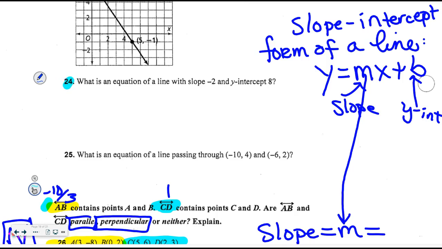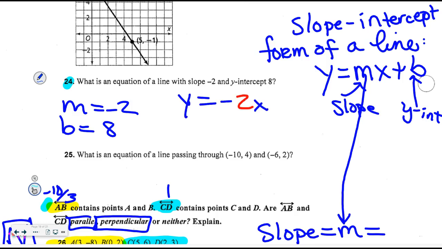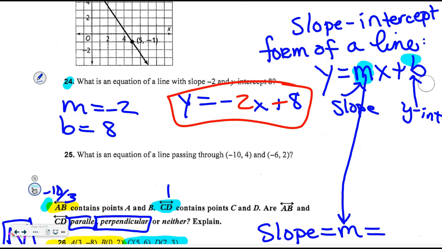Did they tell you what the slope is? Yes, so write m equals -2. Did they tell you what the y-intercept is? Yep, so you're going to write b equals 8. You have to get both of those. 24 is easy because they gave them both to you. So you're going to write y equals mx plus b. And that's your answer. That's easy, right, Eric? Oh, yeah. It was easy because they gave you the m. You might want to highlight these so you know those are the 2 numbers you need. You need the m, you need the b. 24, they gave them both to me,